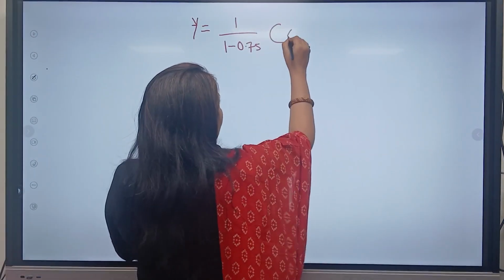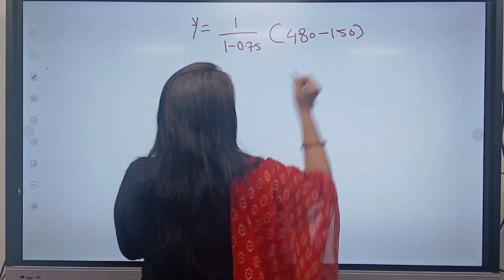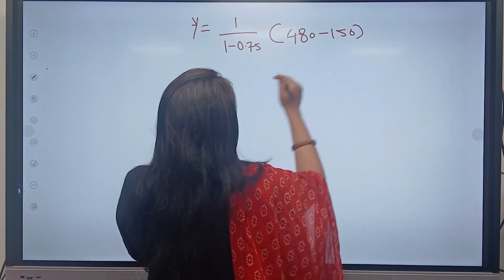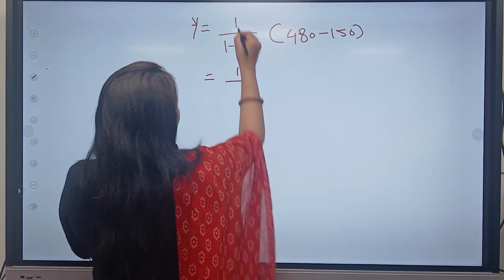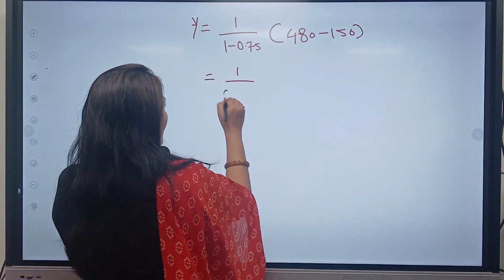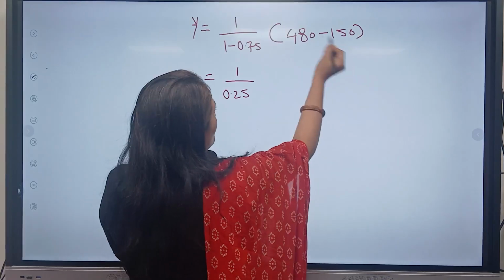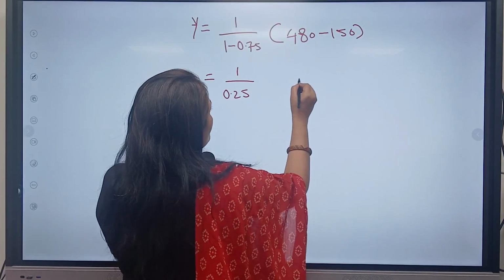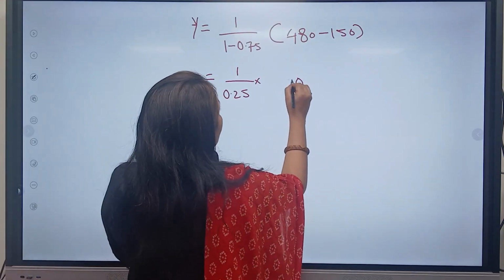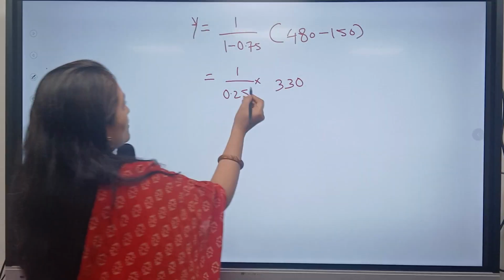480 minus 150. That is equal to 330. Let's solve this first. 1 minus 0.75, the answer will be 0.25. Okay, and let's solve this. 8 minus 5, 3. Okay, so we got